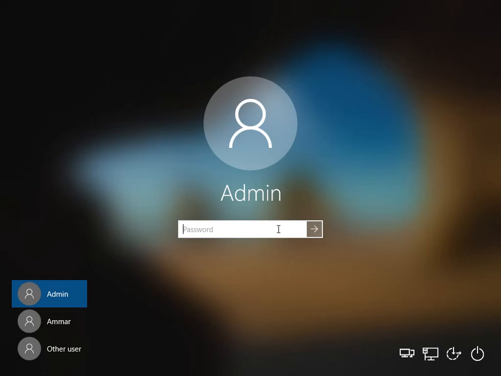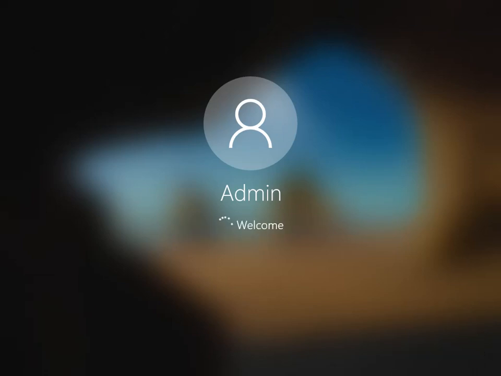So this is the method you need to use. So you go to the user and type, and I need to say that this method has to be allowed by your system administrator, because this caches your credentials in the local machine. Not all system administrators allow this method. Once I hit enter, I'm logged in.